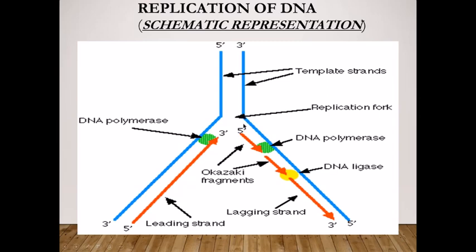The different enzymes and proteins involved in DNA replication are phosphorylase, helicase, single strand binding proteins, primase, DNA polymerase enzyme, as well as DNA ligase enzyme. DNA polymerase enzyme forms the Okazaki fragments, and those Okazaki fragments are